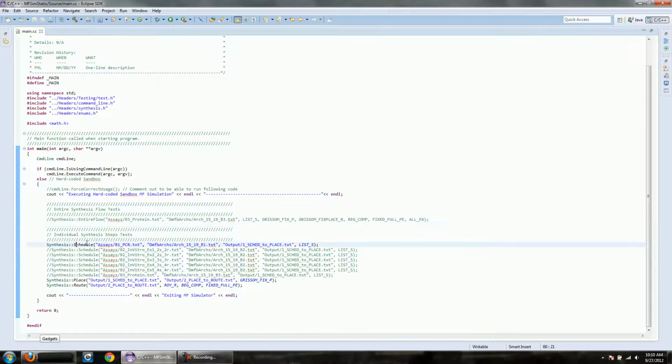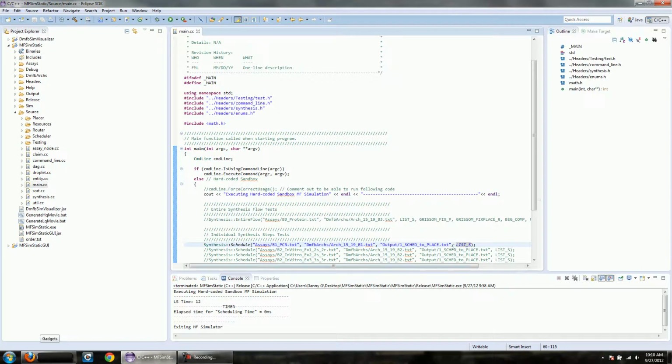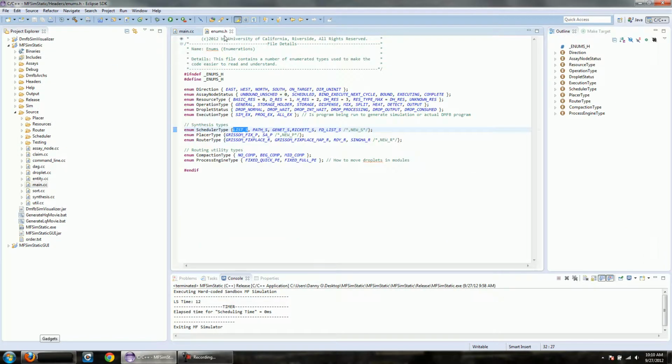The first thing you need to do is, if you watch some of the other videos, you know that we pass in a scheduler type or a placer type or a router type to each of these functions. So the first thing you need to do is make a new type. If we hold down and click on this, it'll open up the enums.h file. You can see here we have our different types: scheduler, placer, and router. You can see at the very end it even has a place to show you that you can add a new type here. So let's go ahead and add a new scheduling type,